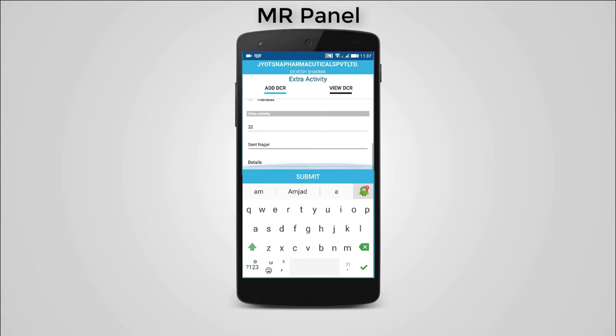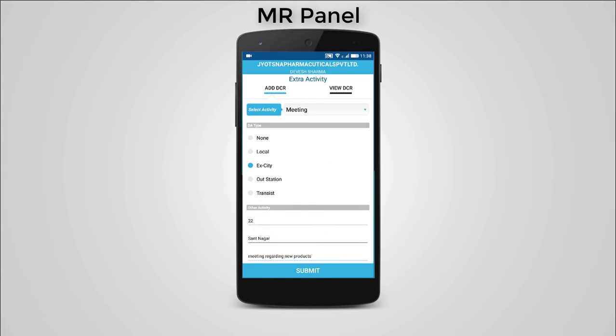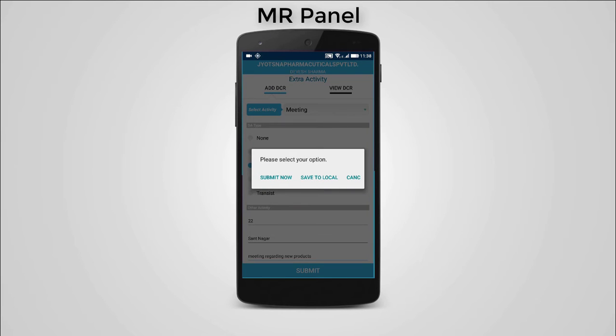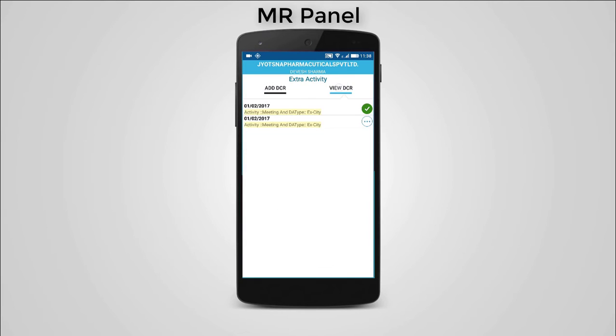Down here there's a space where you can fill the details of the meeting, like whatever conversations took place and important points. Then after filling the details of the extra activity, we'll tap on submit. Then the DCR of this particular date can be viewed by your admin and manager.